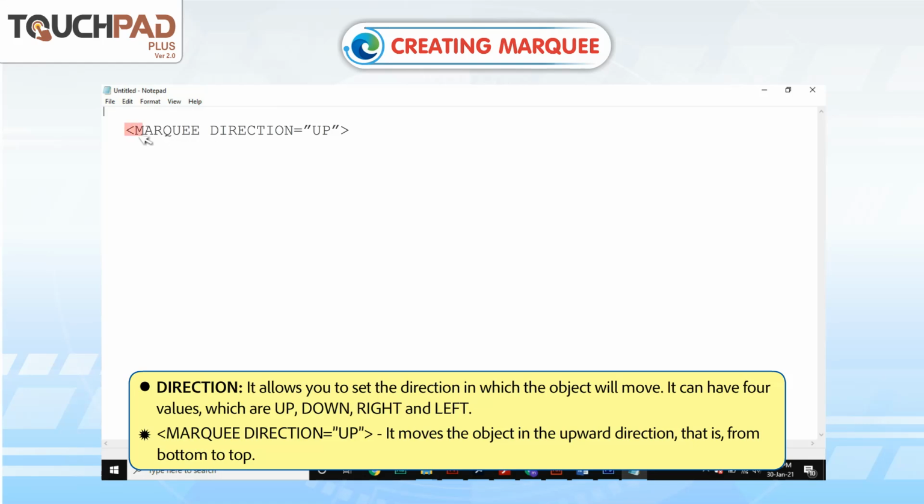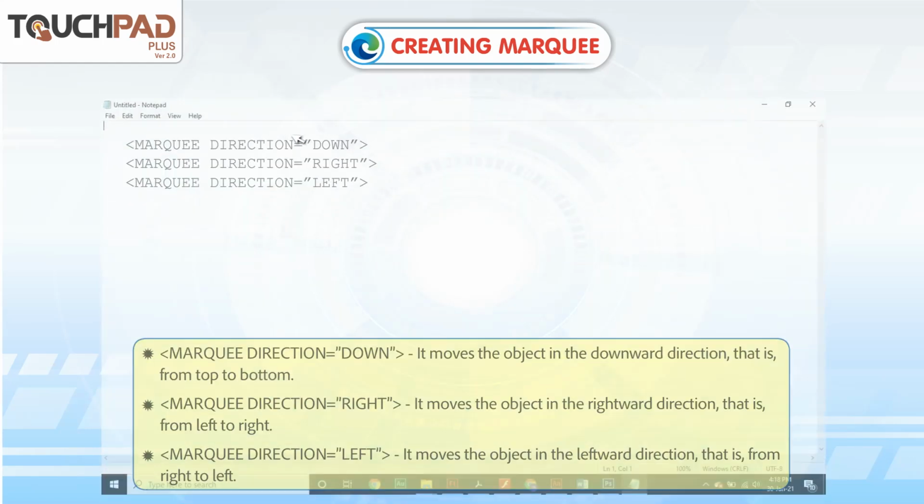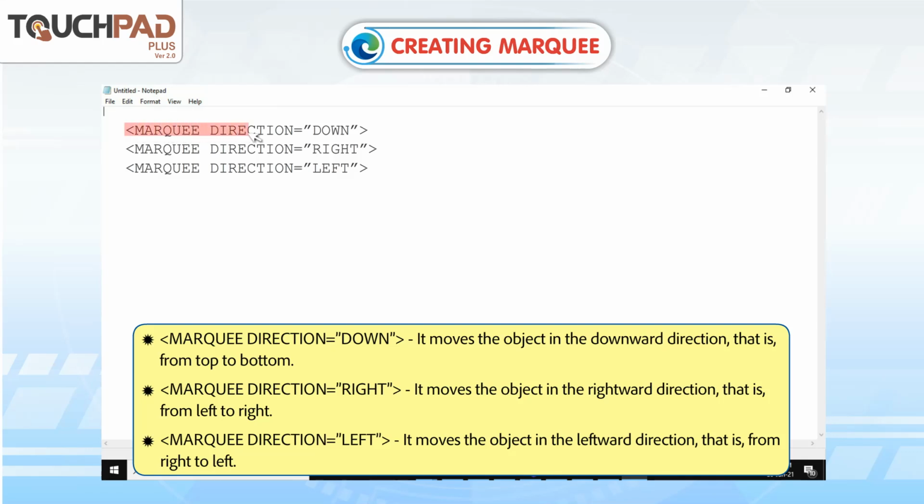Direction. It allows you to set the direction in which the object will move. It can have 4 values, which are up, down, right and left. Marquee direction equal up. It moves the object in the upward direction, that is from bottom to top. Marquee direction equal down.